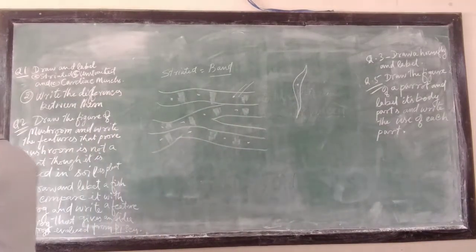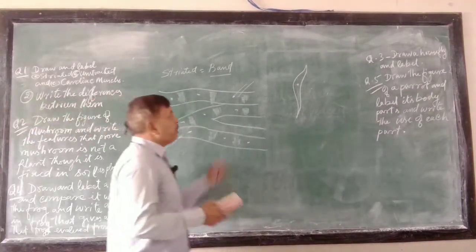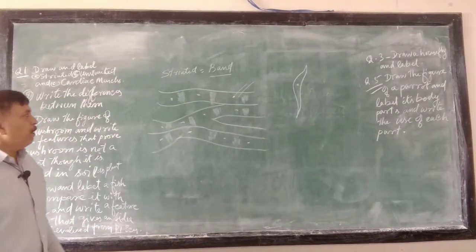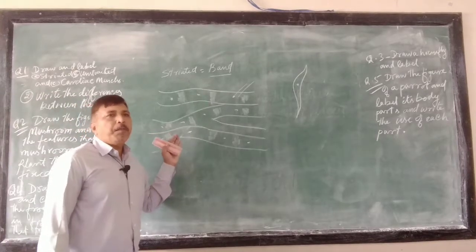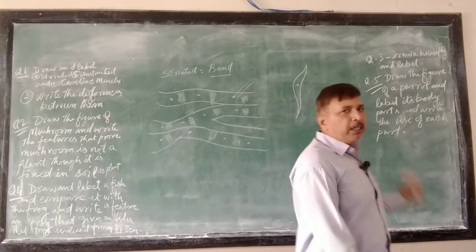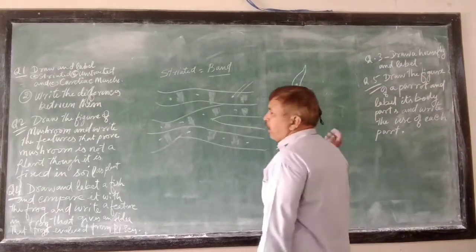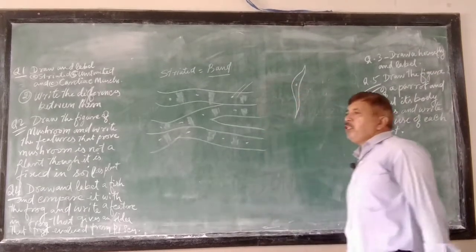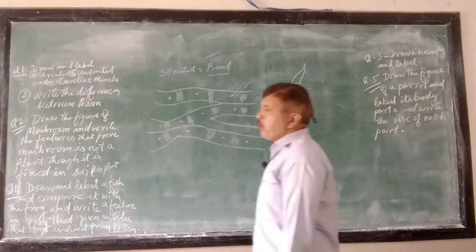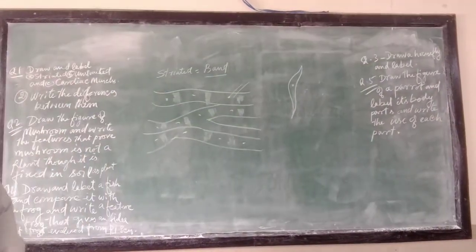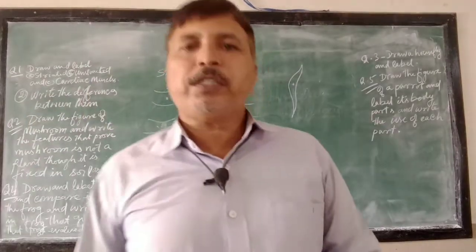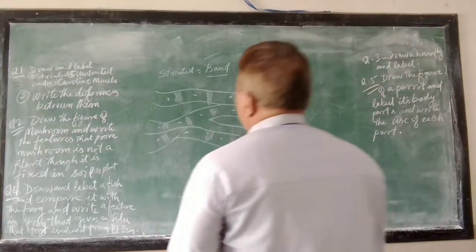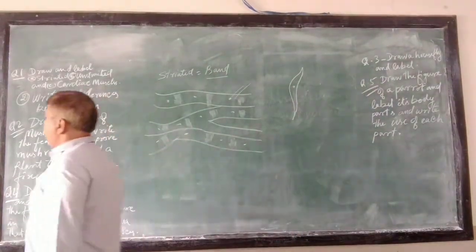Then second thing is, you have to write the differences between these muscles, right. So, how will you write the differences? That these are band like muscles, these are spindle shaped muscles, then these muscles are voluntary in nature, striated muscles, these are involuntary in nature, and cardiac muscles are also involuntary in nature, right. So, this way you will write at least 3 differences between these muscles. Clear? So, this is first question.